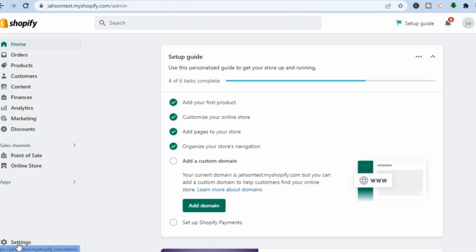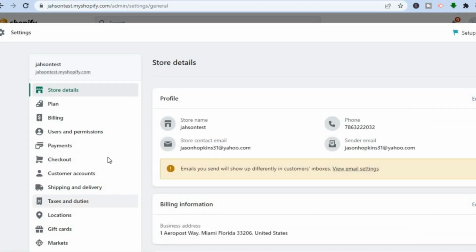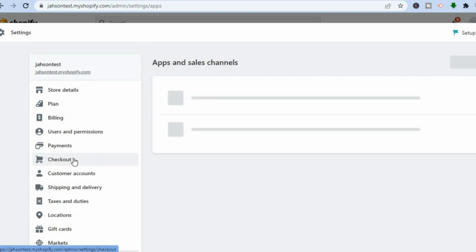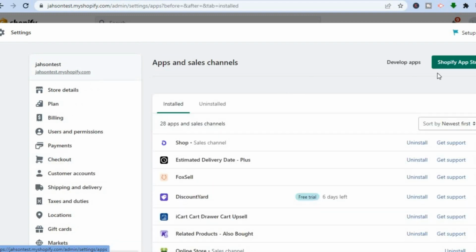The first thing you want to do once you're on your Shopify admin page, you're going to go over to the bottom left-hand corner and select Settings. After selecting Settings, from the drop-down menu in the left-hand column, scroll down and select Apps and Sales Channels. After selecting Apps and Sales Channels, you are going to tap on Shopify App Store in the